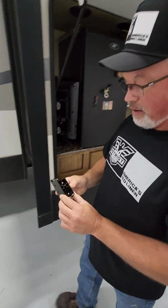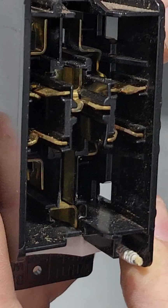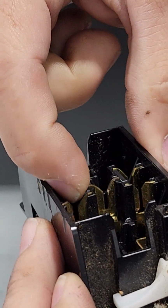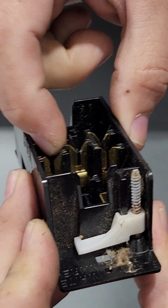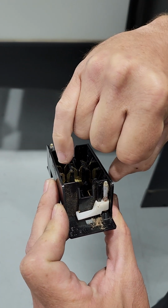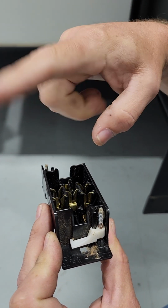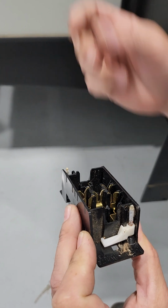We'll get out of the light here a little bit. I've already posted pictures of it, but you're not going to see this on video because the shadows aren't right, but there's actually some arcing that has been going on because this is the hot side. It actually was just barely in there. It was barely touching enough. There's corrosion. There's a little bit of rust in there, and that's what's going on. As soon as I wiggled this,